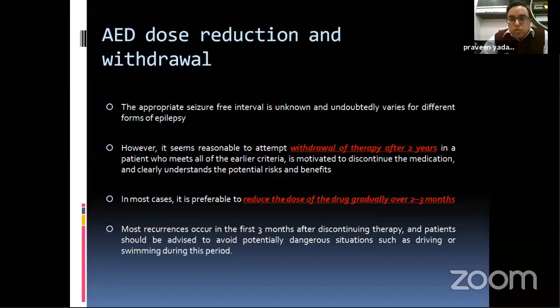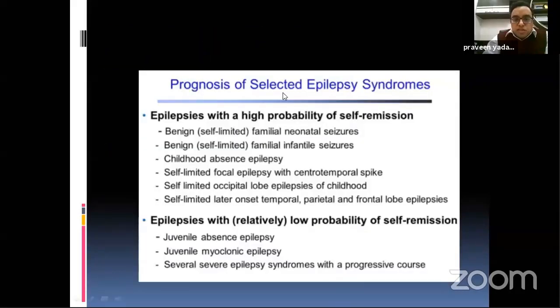So the rule is the anti-epileptic medications should be continued at least for 2 to 4 years. If it's a child, it can be stopped after 2 years, and in adults, it can be up to 3 to 4 years. The reduction of the dosage should be very gradual over a period of 2 to 3 months. It should not be reduced suddenly. You should taper the dose and reduce it over a period of 3 months. So these things have to be taken into mind whenever you are stopping